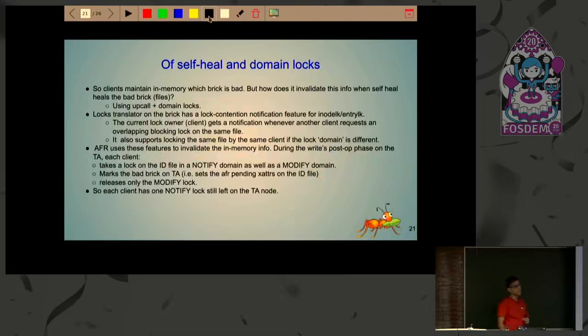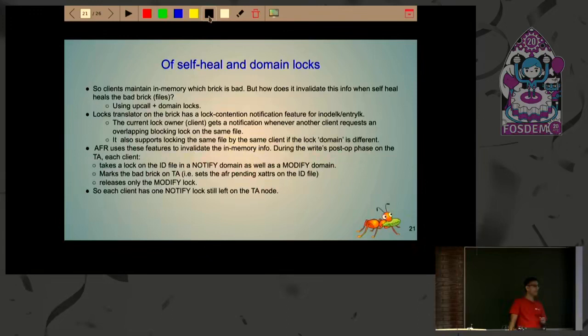The locks translator in glusterfs provides this notion of an upcall for locks. So when there is a conflicting lock from another client, the locks translator will send a notification to the one which is currently holding the lock, and it is up to that client to release it so that the conflicting client can take the lock. The locks translator also supports taking locks on the same file from the same client on multiple domains. So for example,